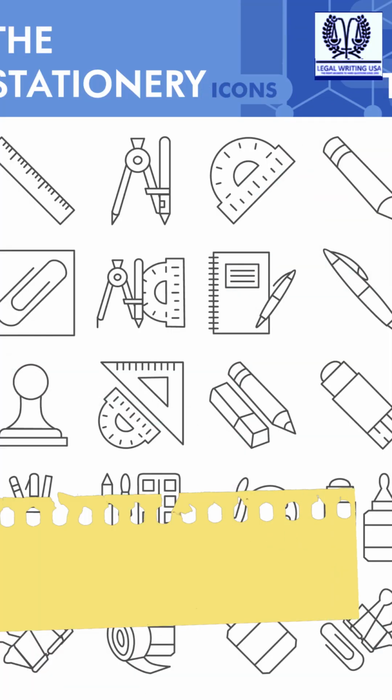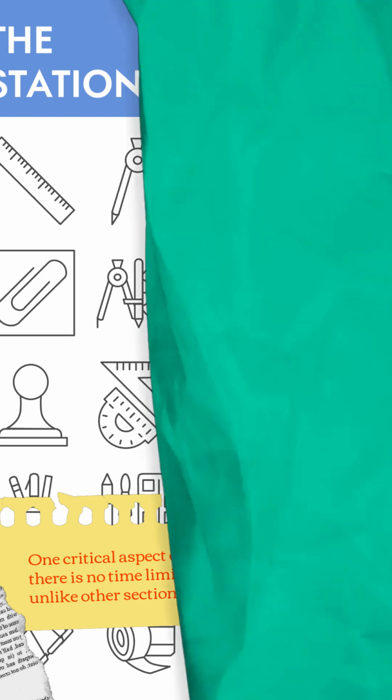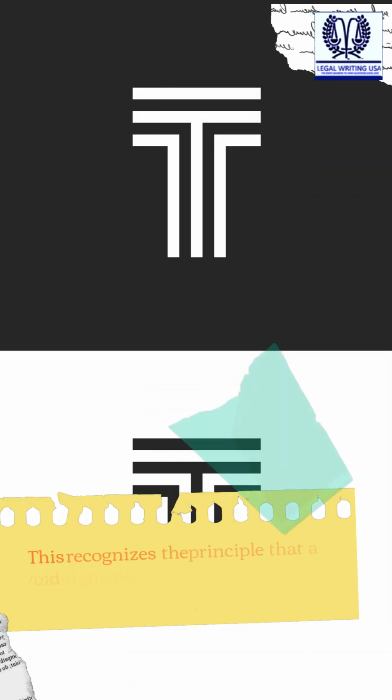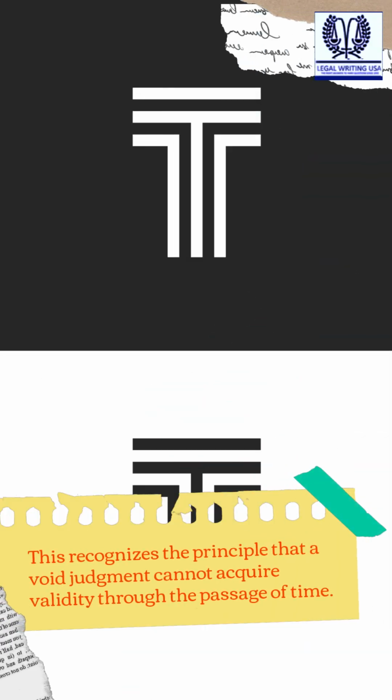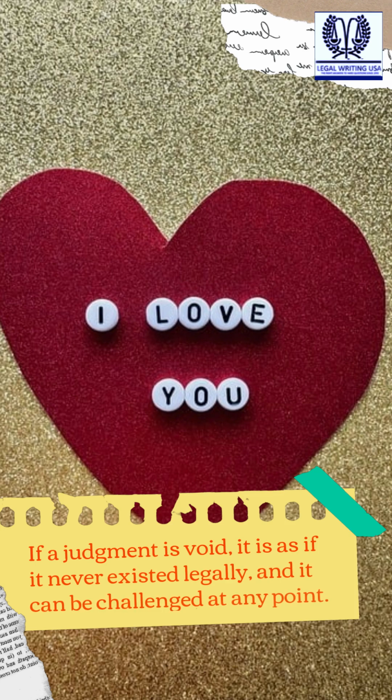One critical aspect of Rule 60(b)(4) is that there is no time limit for filing a motion, unlike other sections of Rule 60(b). This recognizes the principle that a void judgment cannot acquire validity through the passage of time. If a judgment is void, it is as if it never existed legally, and it can be challenged at any